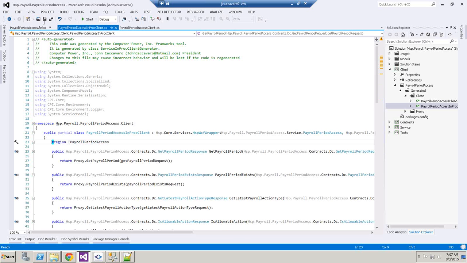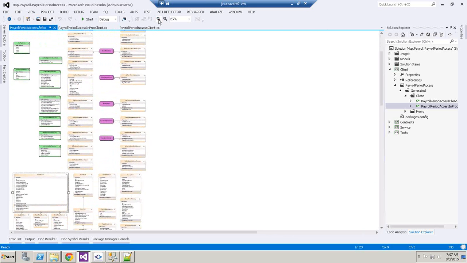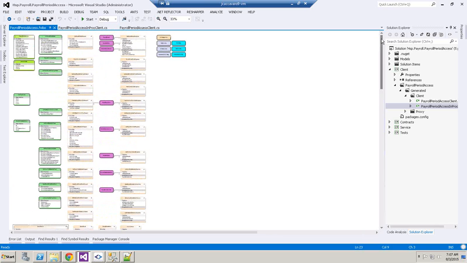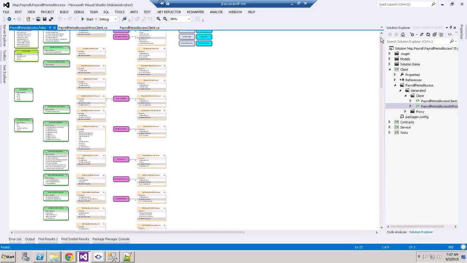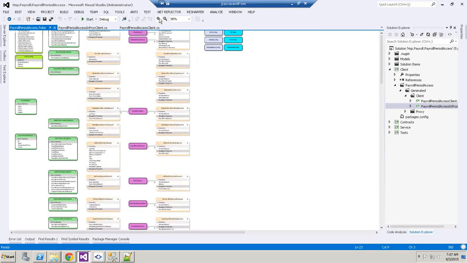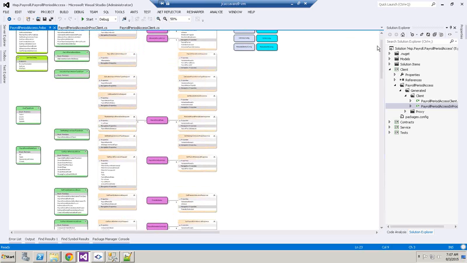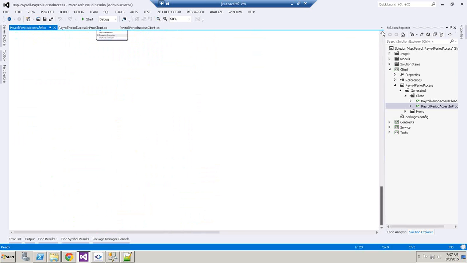Now, I don't think I'll go through in-proc right now very extensively, but if you know WCF well, then you will know that a WCF service can be hosted in just about any place you could imagine. It can be hosted in IIS, it can be hosted in a console application, it can be hosted in a Windows service. It can also be hosted by another